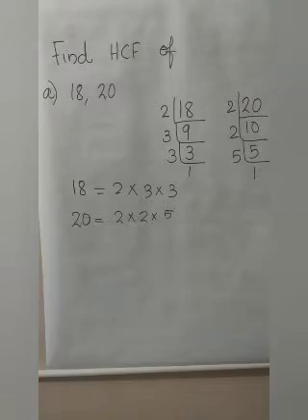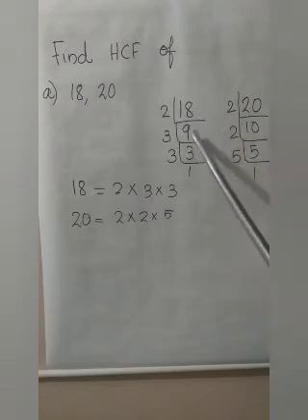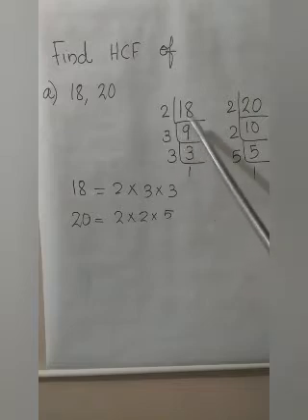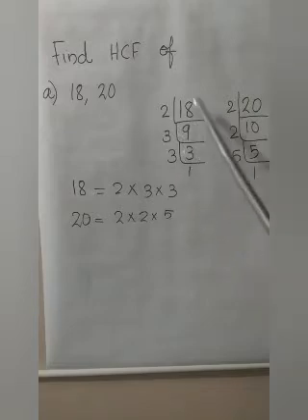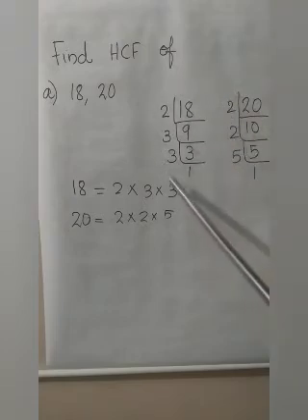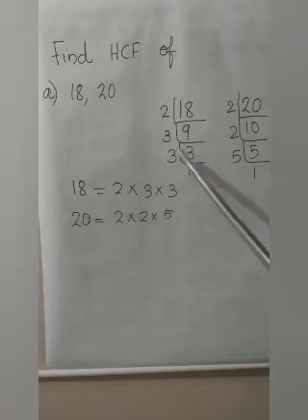Now it is prime factorization, not simply factorization. So you have to use only what? Prime numbers for factorizing. So what is the number? 18. 18 is an even number, so starting with 2. 2 in 18 how many times? 9. 9 is not an even number, so 3. Then 3, 9 in 3, 3 times. Again 3, 3, 1. So 18 we prime factorized. What is it? 2 into 3 into 3. What is 2 into 3? 6. 6 into 3? 18. So that is correct.